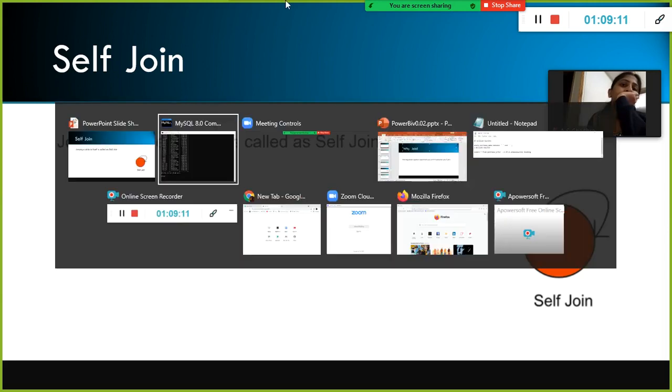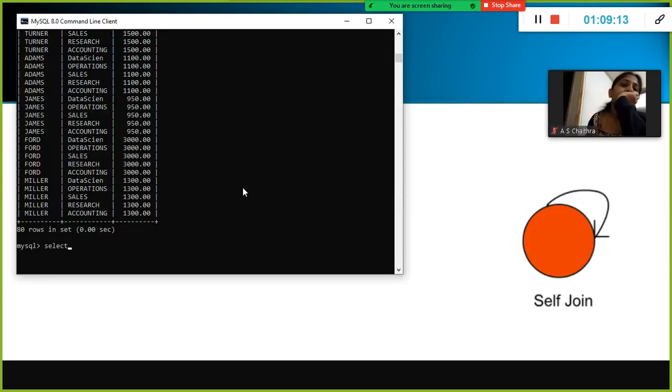How will you write a self join? Yesterday we wrote it, right? So e.ename from emp as e. I am doing inner join with the same table, okay?